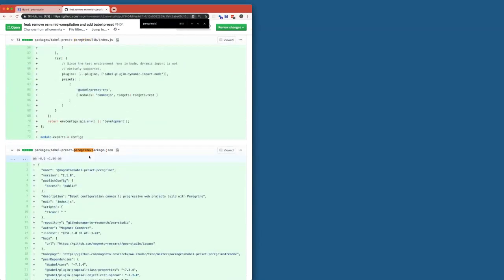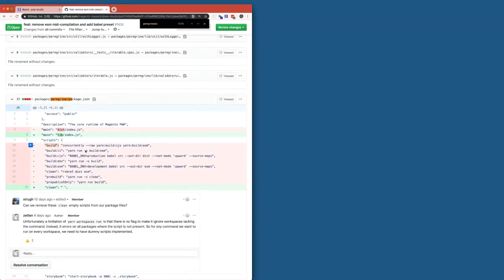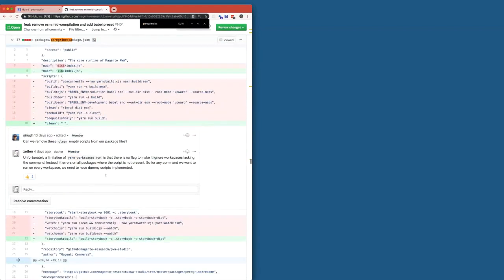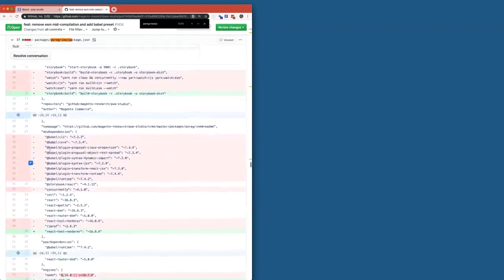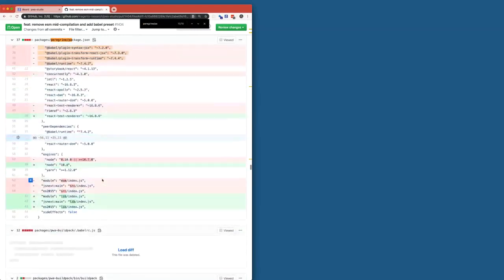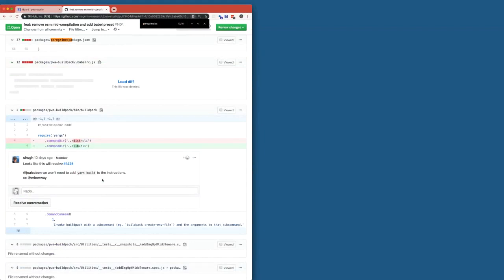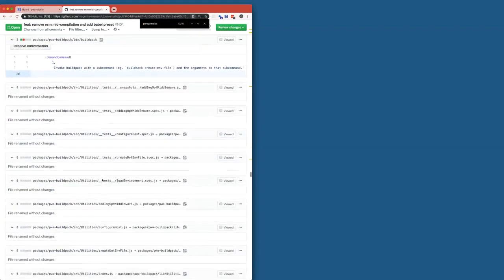Sorry, I said we don't have to compile Venia. We don't have to compile Peregrine because we're just using uncompiled Peregrine modules in the final compilation. So we've removed all of the build steps. We don't need to run Babel intermediately. And we've removed the Babel dependencies from Peregrine because it's much simpler now. Instead of having that Babel dependency, Peregrine just expects the presence of Magento Peregrine, the Babel preset, and then it